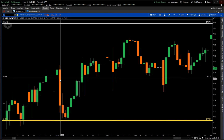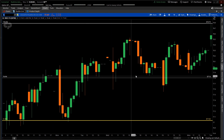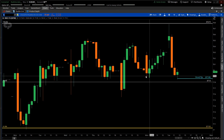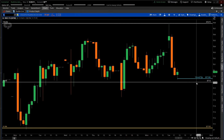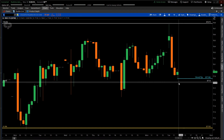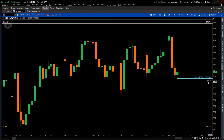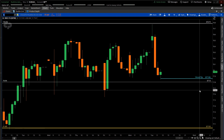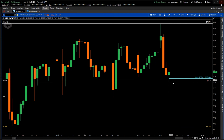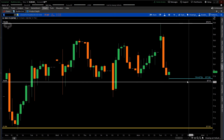And there were rejections over here. Price was supported here, here, right? And now that price is moving towards the end of the week, I'm anticipating that price may continue towards the downside. It may eventually break below this price level, maybe this afternoon or sometime tomorrow. So I thought I'd take a position leading into that